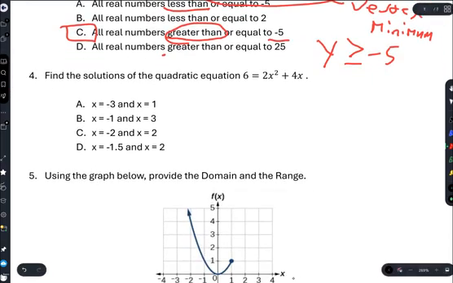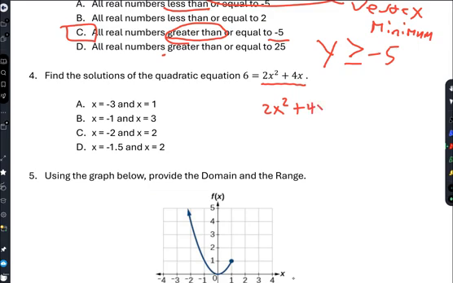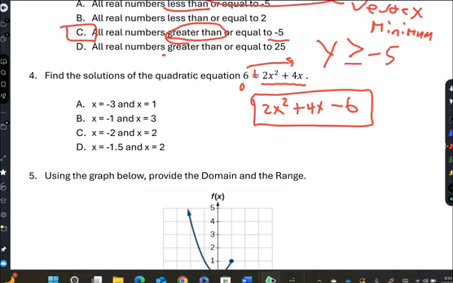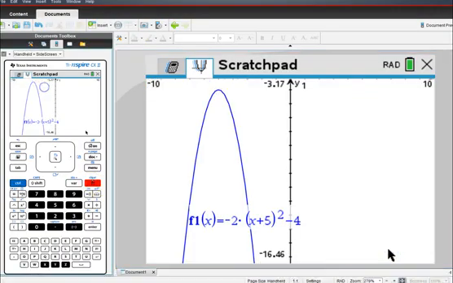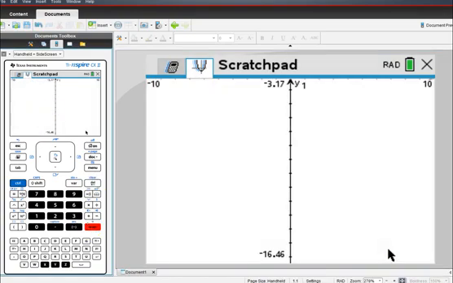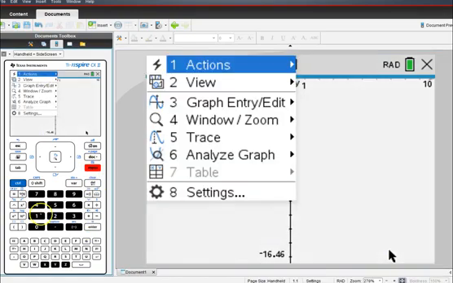Number 4, find the solutions to the quadratic equation. The first thing we got to do is type this into the calculator, and you have to solve it for zeros. So that 6 moves across. This is what we would graph, okay? So we're going to go to our calculator. And we're going to graph. I'm going to hit delete, delete, delete. I'm going to hit menu. I'm going to do my window